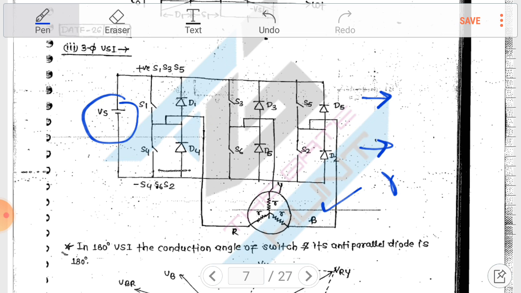In the upper part, the switches and diodes are referred to as positive group switches because when they activate, the voltage at the load side will become positive on the relevant phase, and when the negative side group or the downward group switches are switched on, the negative voltage appears at the relevant phase. So it is the positive group and the negative group of switches.